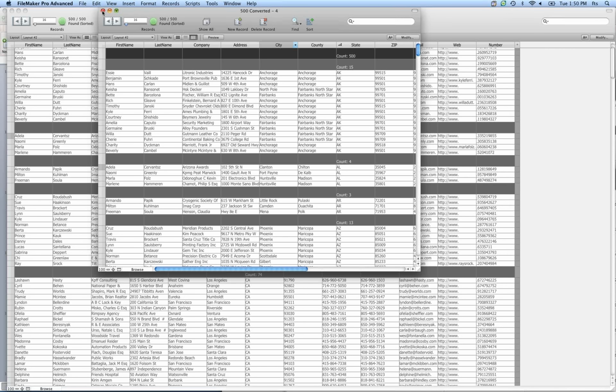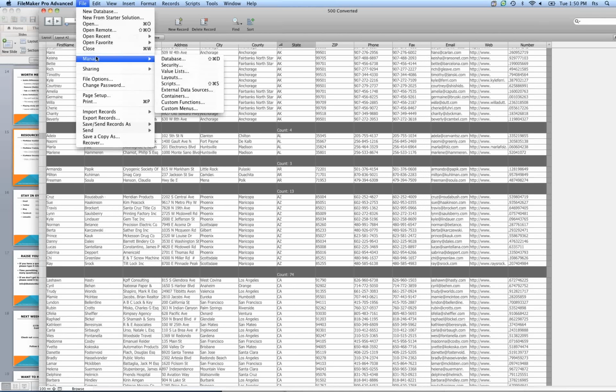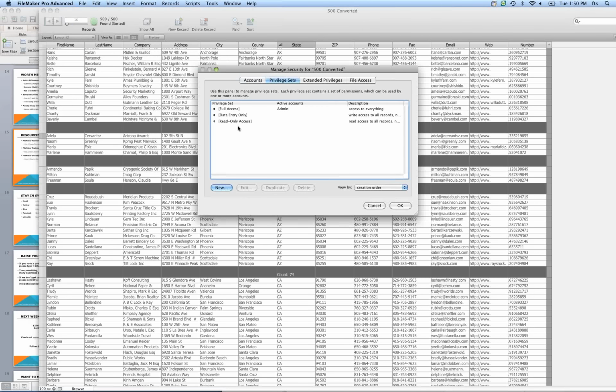I had a little trouble with my server implementation on my laptop here. I'm not running the most recent operating system on my own laptop, but I'm going to use this file here as an example to take a quick look at some of the functionality at the privilege set level that can impact A, whether users can actually create fields when in table view, and B, what impact they might have on other users of the system, as well as their inability to save quick charts as actual layouts. So we're going to go into Managed Security, and I'm going to go into Privilege Sets, and I'm